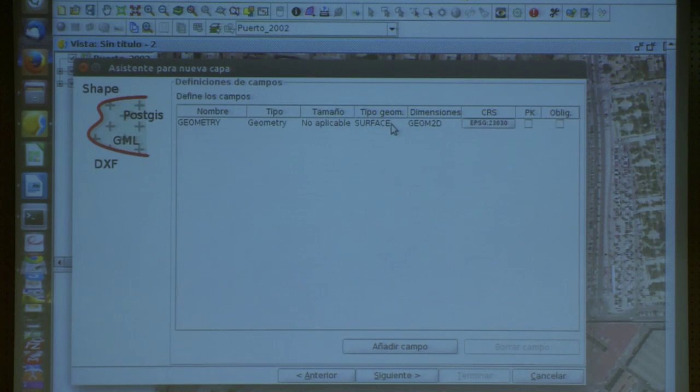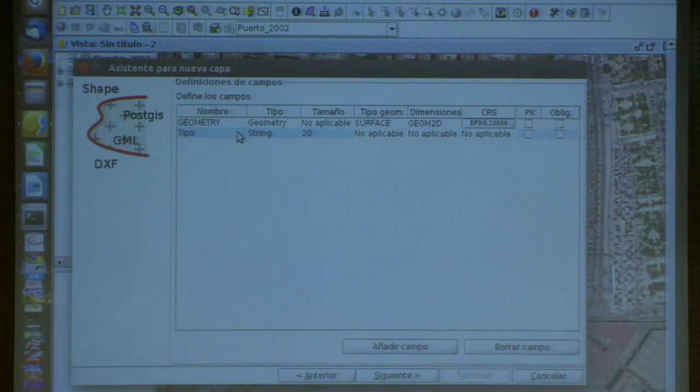Here we see buildings. Here we have the type of file, whether it's going to be dots, lines, polygons, or multi-dots. So a single register in the database has different possibilities. We add a new layer,